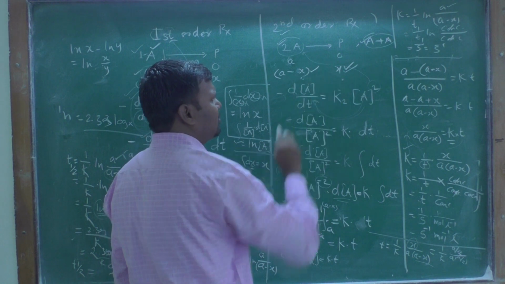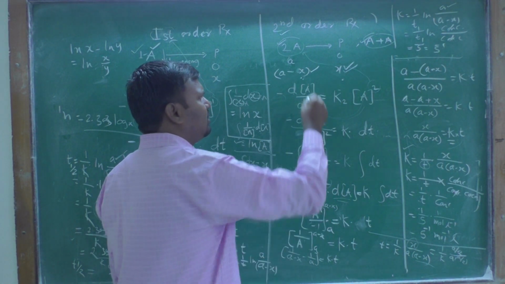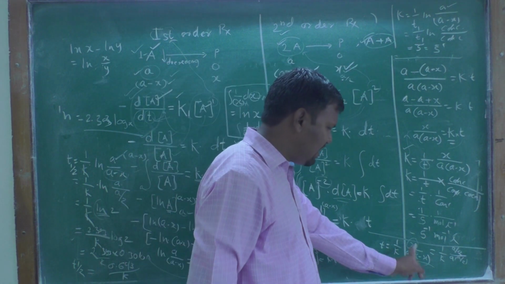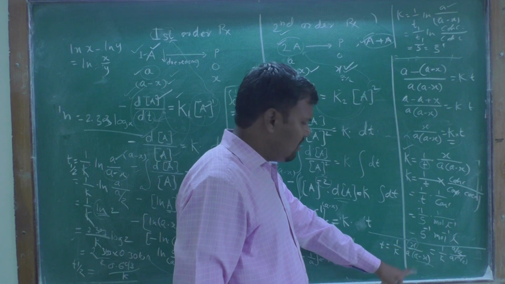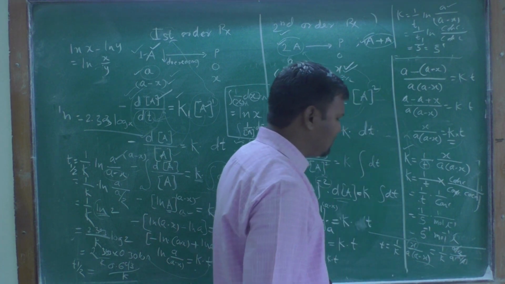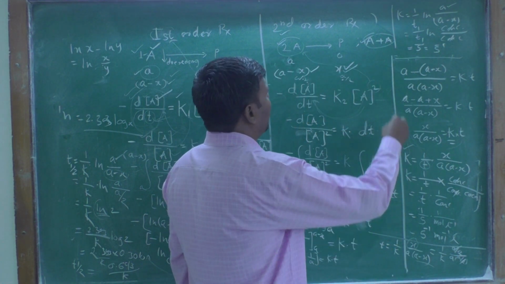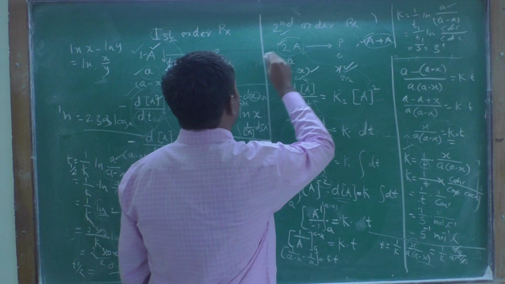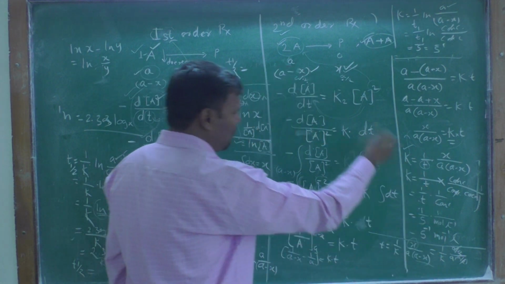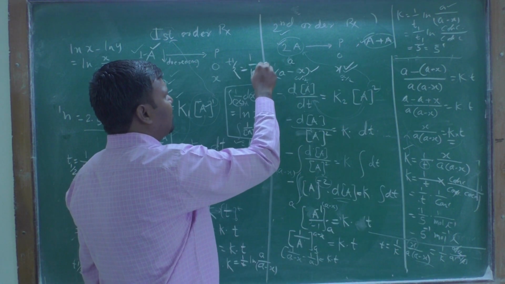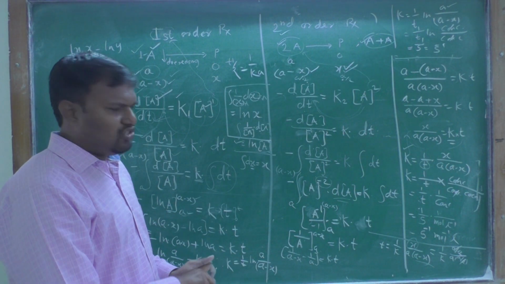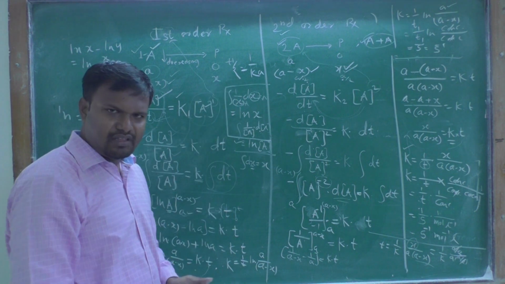At the reaction when you obtain half quantity of product, then x is a by 2 and a minus x is also a by 2, because initial concentration is a. Therefore we replace x by a by 2 and we have also replaced a minus x by a by 2, and the constant a by 2 cancels. Therefore t1 half for the second order reaction, remember that, t1 half for second order reaction will be 1 upon k a. Remember that. You can obtain the half-life period for the second order reaction like that.